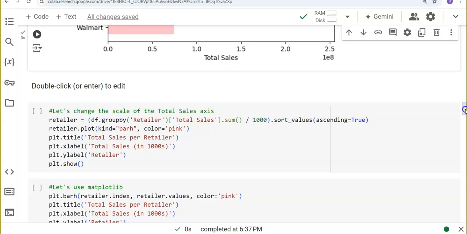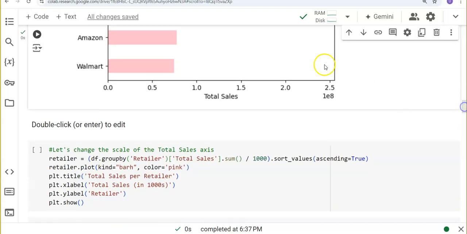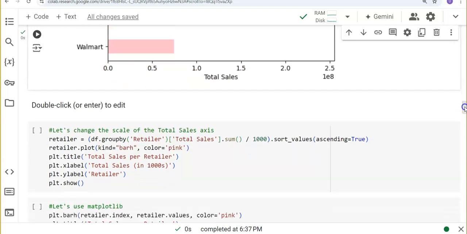Another way, as I said, this one is not looking so nice. It might not be very good for someone to interpret what these numbers are representing. This is just because our numbers are too big. They are in millions or thousands, maybe hundreds of thousands. Then it's better for us to scale them down. There are many ways you can do that, but here we're just trying to show you that as you are